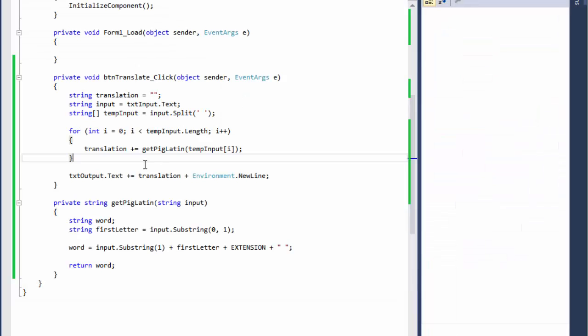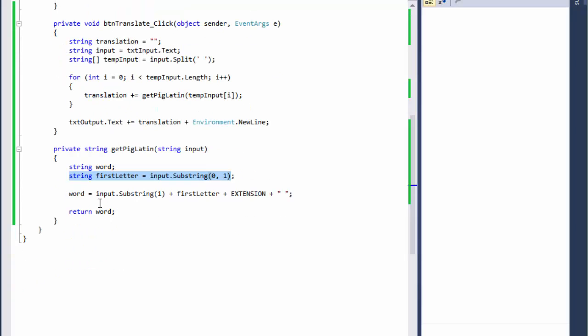So just to quickly recap, we have a text box that expects the input from the user, and we will get that input. And we will split that input, separate it by space, add it to our array. Then we will go through the array, and remember each element of the array now is one word. Add that by calling the function GetPigLatin, which expects the argument input, which is the word itself. And then we have the first letter, which is simply the use of substring, and then we will append everything together, construct the word by the